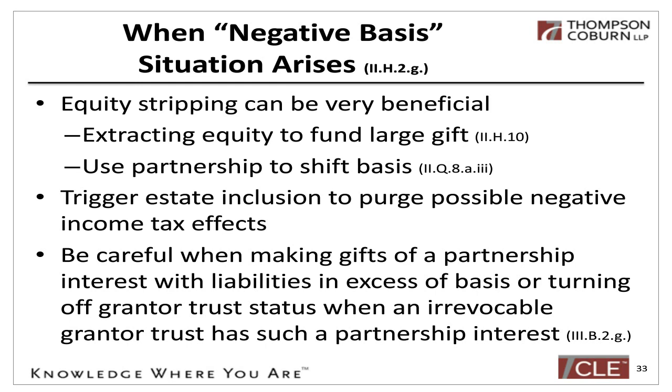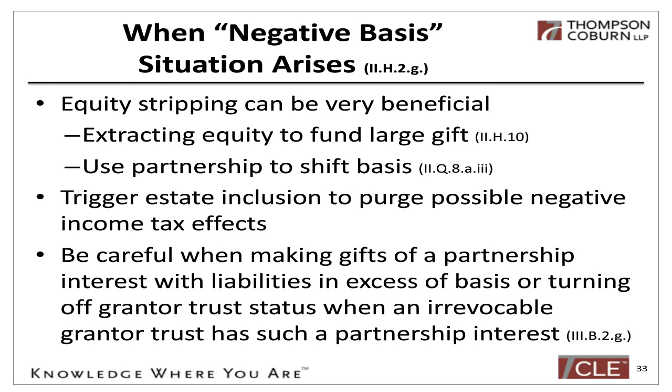So I really do like the idea of equity stripping. In my example of taking that $100,000 out, you had the $100,000 that you can give to your beneficiaries. They get a $100,000 basis in it. Suppose you have a partnership that has real estate in it, and that real estate has been depreciated down to practically nothing. It's got a huge value. You don't want to give that away because there's no basis in it.